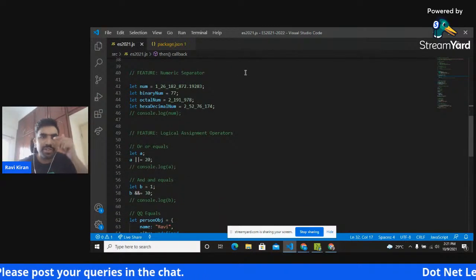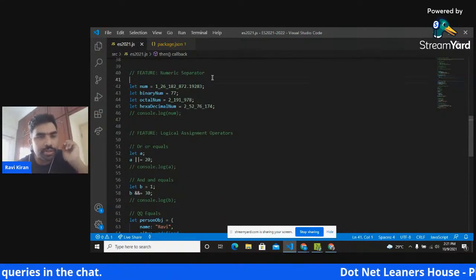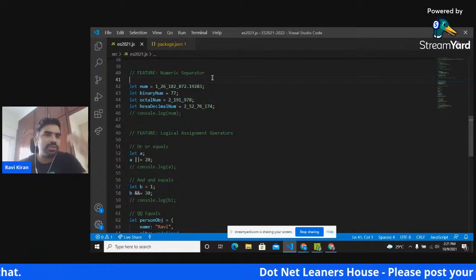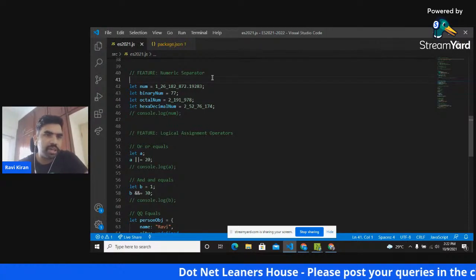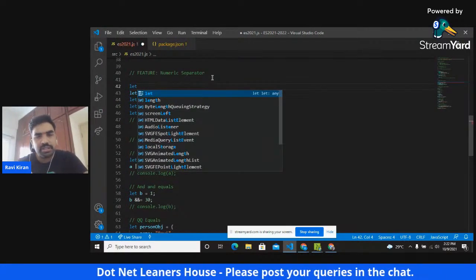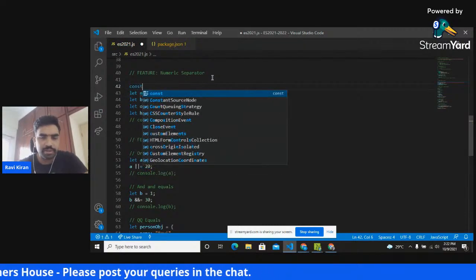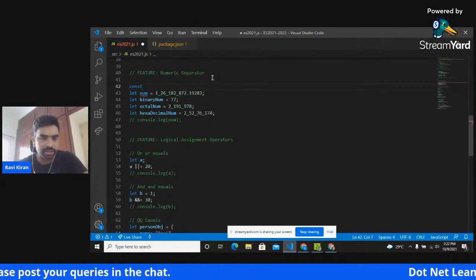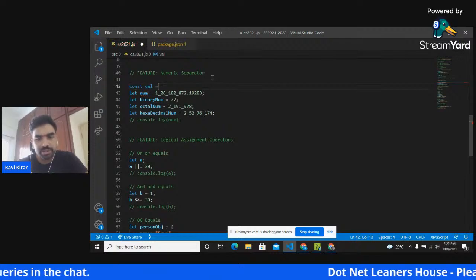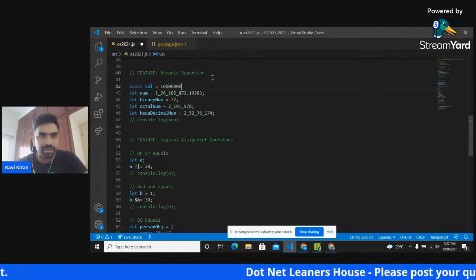Yeah, the third feature is numeric separator. So say you are building some application and somewhere you have the need for assigning a constant, for example, value is equal to 1 followed by some zeros.